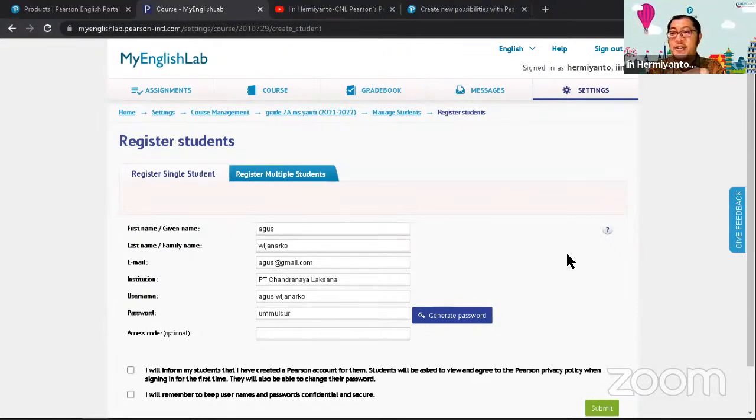Right. So what you have to make sure is the username is very important here. For example, the username you write, you will be suggested this username, just like their real name,